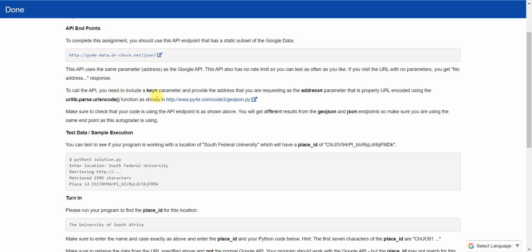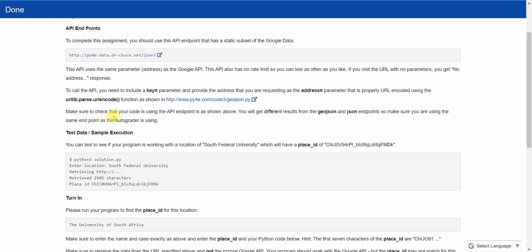To call the API, you need to include a key. Please note it: you have to include the key parameter, and provide the address that you are requesting as the address parameter, which is probably URL encoded using the urllib.parse.urlencode function as shown here. So for calling the API you have to pass key and address.